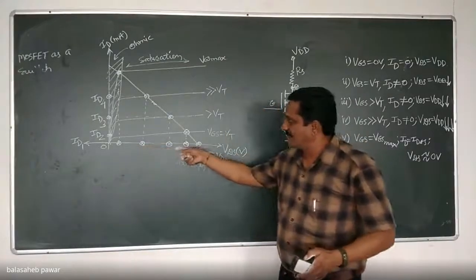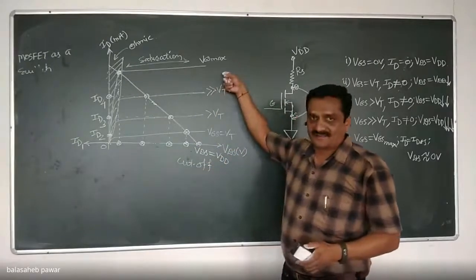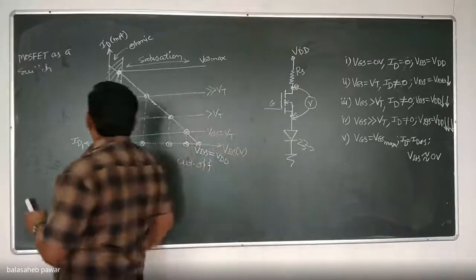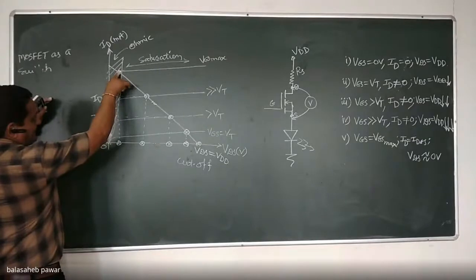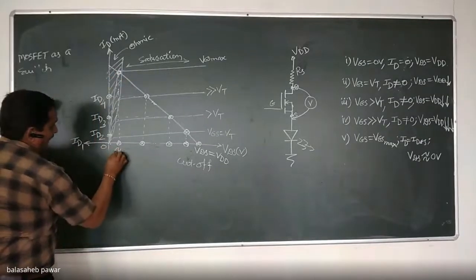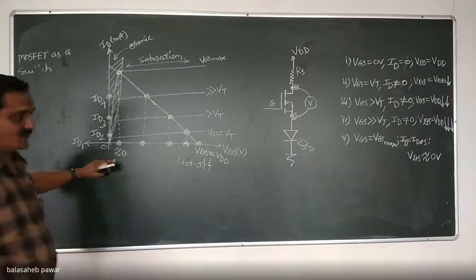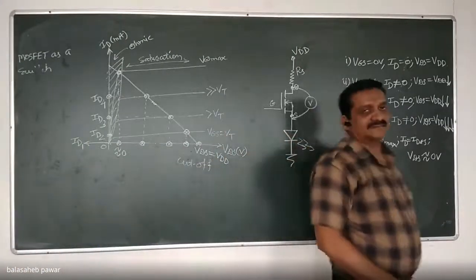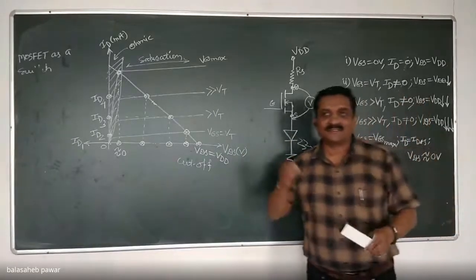So all these are the levels of VDS for different values of VGS, is it? And finally here we can conclude, if that MOSFET is operated in the ohmic region, the voltage drop across it, that is VDS, is approximately equal to 0 volts, or we can say it will be very, very small. Is it? So being an on switch, where the MOSFET should operate.